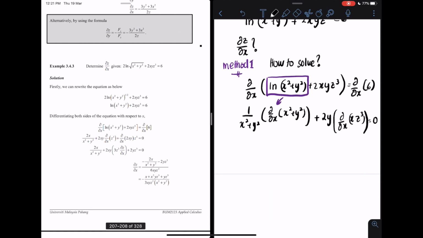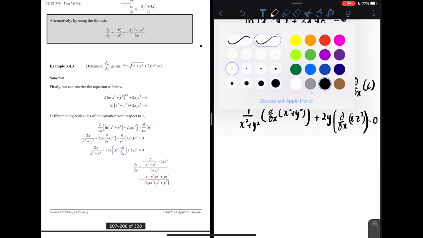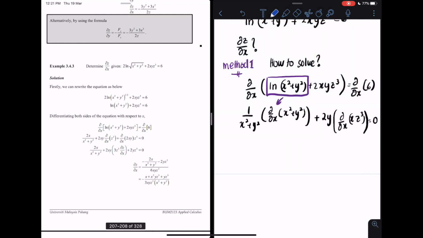In this case, del x of x squared plus y squared will give me 2x. So very simple. On the first term, I will get 2x over x squared plus y squared. Okay, it will be quite messy on the second term in the left hand side, which I have to apply product rule, since it is actually multiplication between variable x and z cubed. I will get